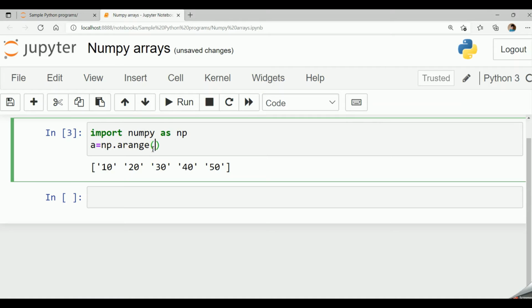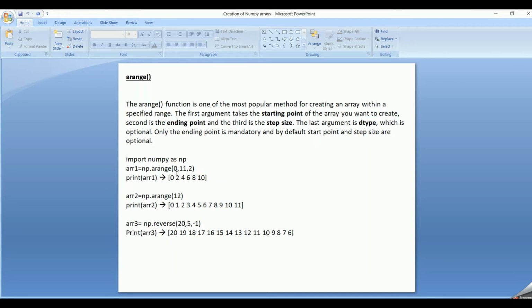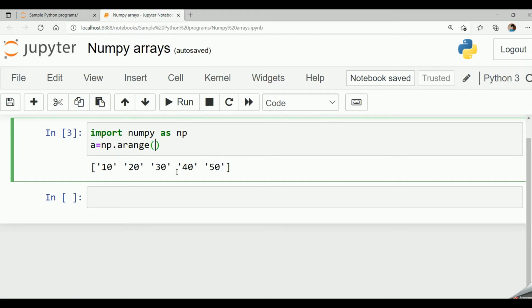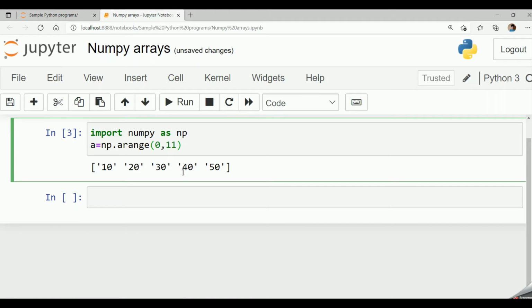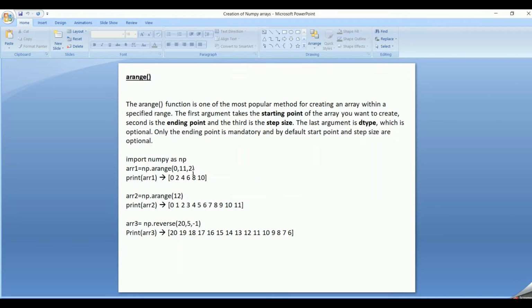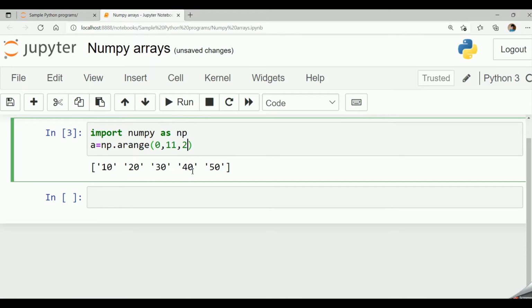This is the arange function and I am specifying my starting parameter as 0. So starting point is 0, comma, ending point is 11, comma, and step size is 2. So it increments by 2 and prints the value.